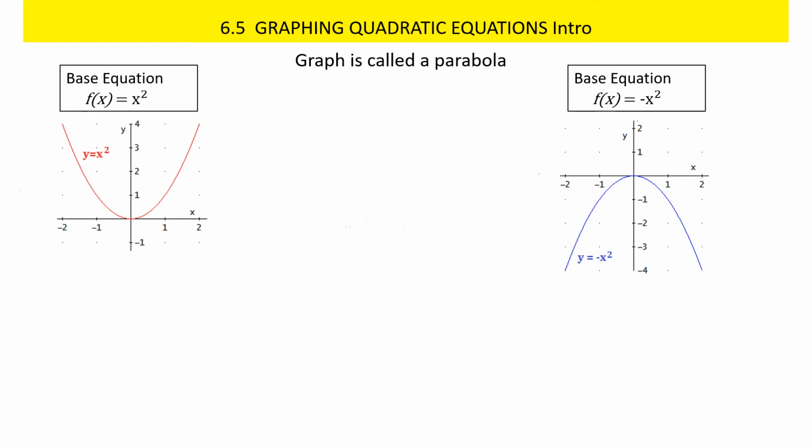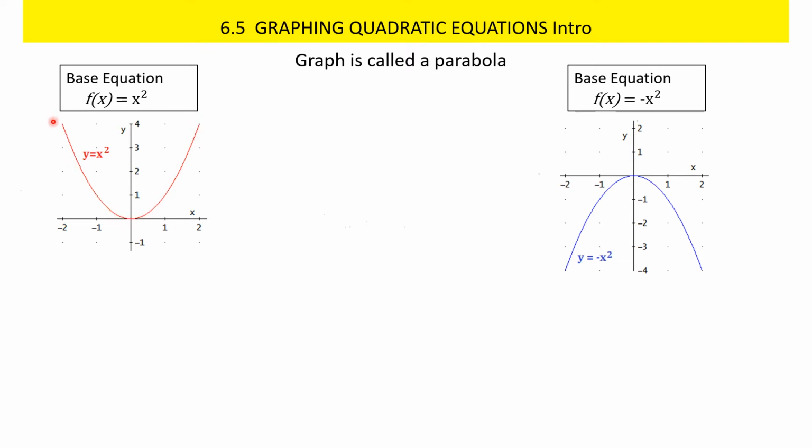In section 6.5, we're going to graph quadratic equations by hand. The graph of a quadratic equation is called a parabola. The definition of a quadratic equation is that you have an equation where the highest exponent is a 2. Look over here, we're going to call this our base equation, where we have f of x equals x squared. And that's going to produce this parabola, starting here at the origin (0, 0), and both